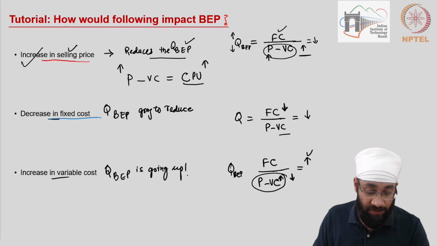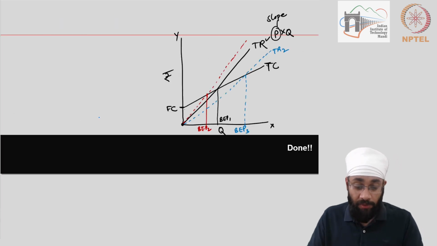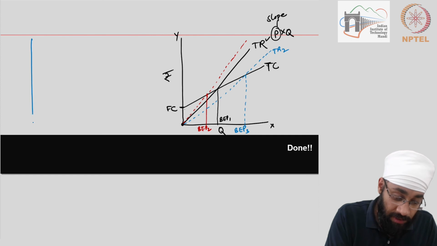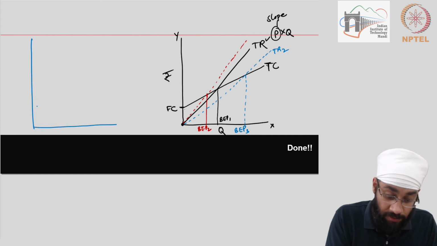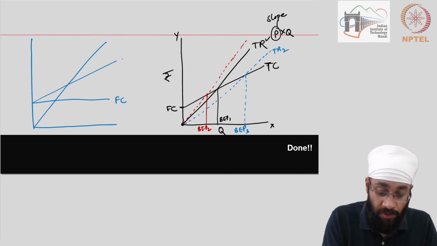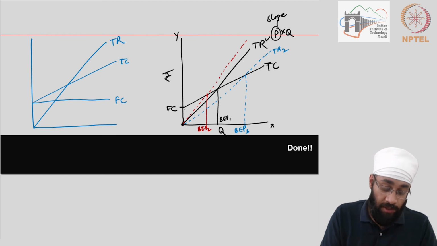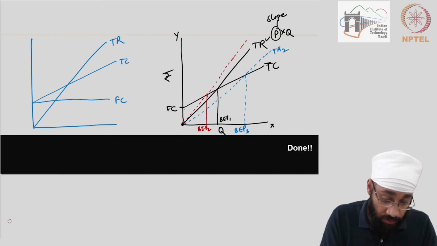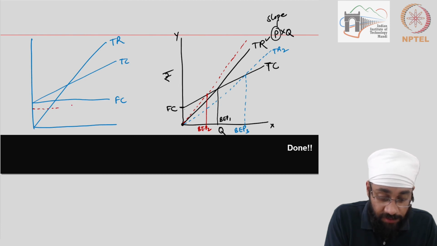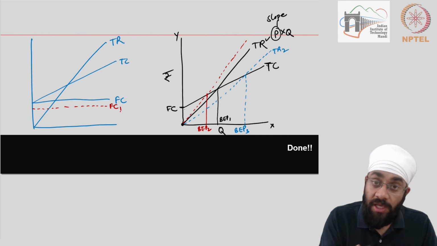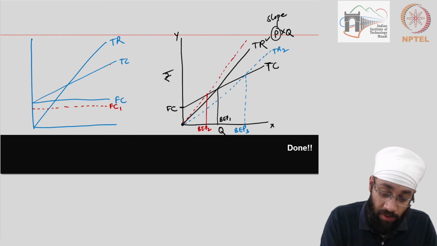Decrease in fixed cost. If the fixed cost goes down or up, what happens then? So let me draw it out again. So right now you have fixed cost, and this is the total cost, and this is the total revenue. Fixed cost, total cost, and total revenue. Now fixed cost is going down. Let me show that change in a different color. This is the new fixed cost. Fixed cost 1. Due to change in the fixed cost, this whole line of the earlier total cost is going to drop. The base is going to shift a little bit below.